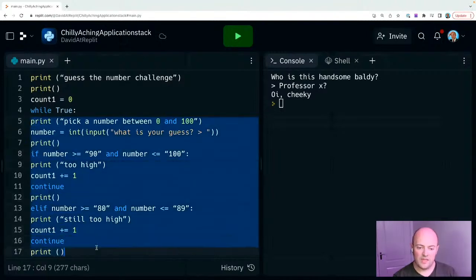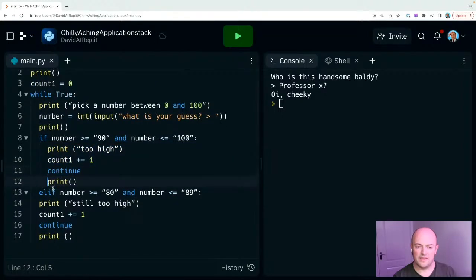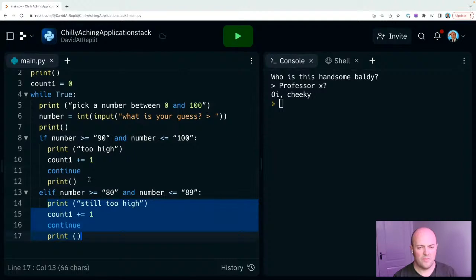We've got a while loop there. We've got an if statement here. Let's have a look. I think that's expected to be in there as well. I hope it is anyway.